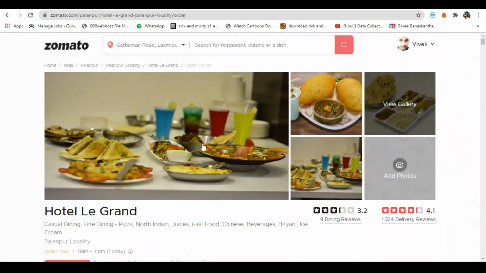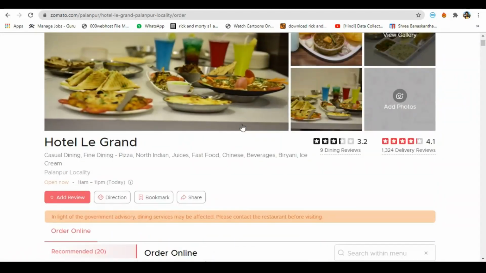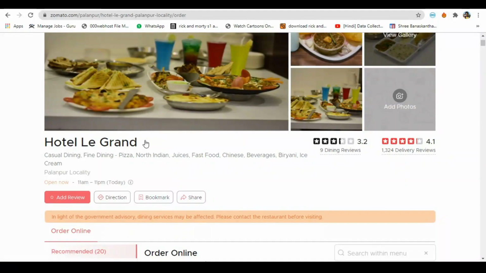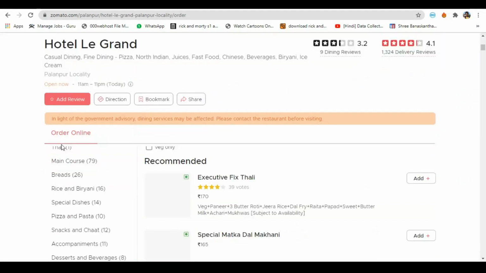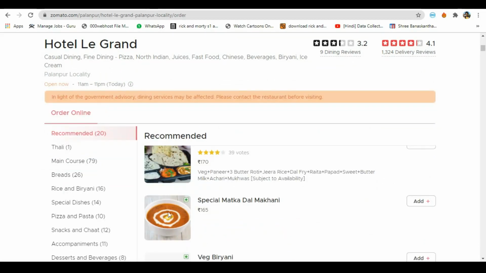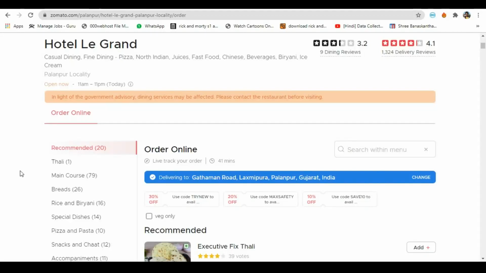So the first column of our database is hotel name obviously, and the second one is hotel username, hotel password, hotel address, and etc. But the main thing is, you can see in here we have to add the foods. So how we are gonna do this? For now we are gonna create only two databases, for user and for restaurant user.